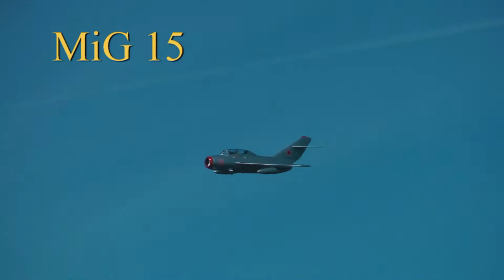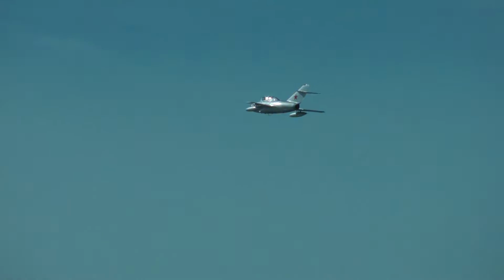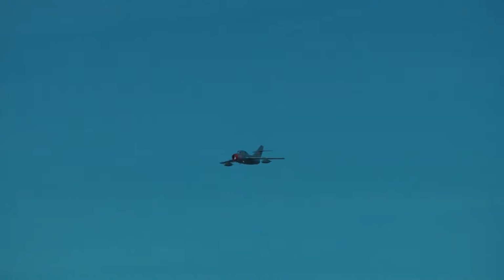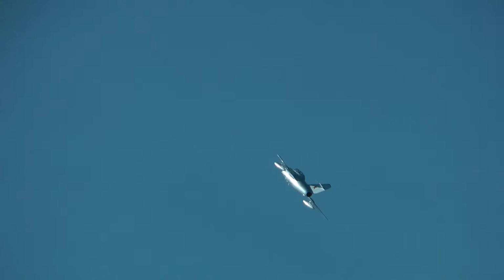An extraordinary 18,000 plus MiG-15s were constructed mainly by the Soviet Union, but also some among them were Polish-built variants, of which the Norwegian Air Force Historical Squadron is one example. But this is unique in other ways too, because some of you here today may remember a famous Russian cosmonaut. This aircraft has the markings of that Soviet cosmonaut Yuri Gagarin, who was the first man to visit outer space